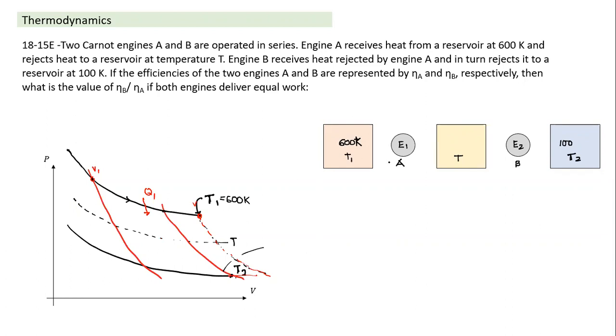So what does engine A do here? Engine A, from here to here, draws heat. And if I make T the intermediate temperature, then it will have an adiabatic expansion and then it will reject heat from here. If I split into two parts, this is engine A, it goes like this, like this, and like this. And this is the process when it is throwing away heat, which is Q2.